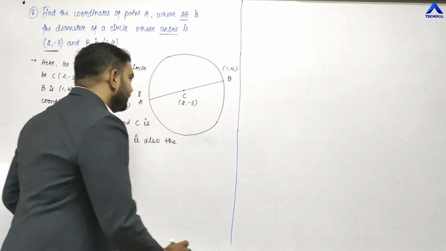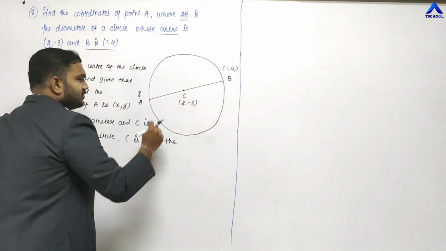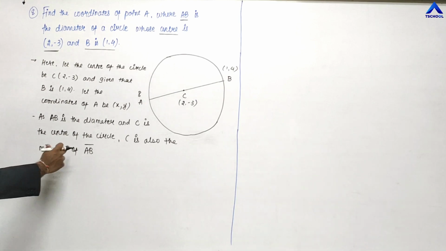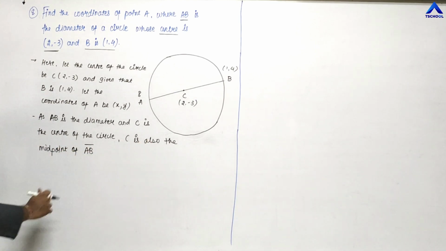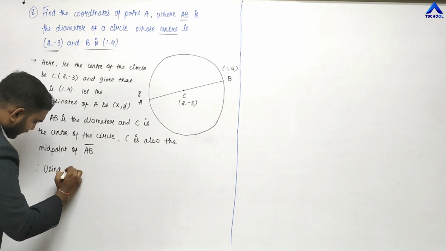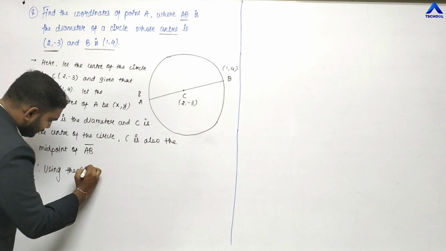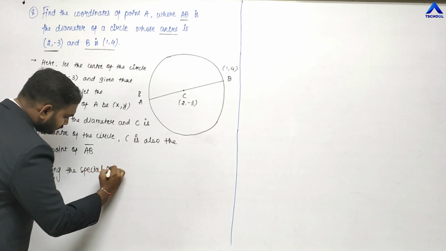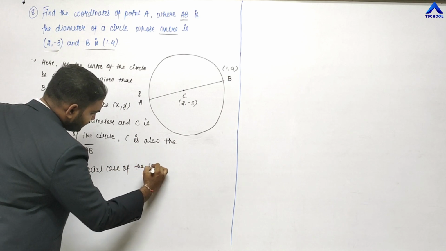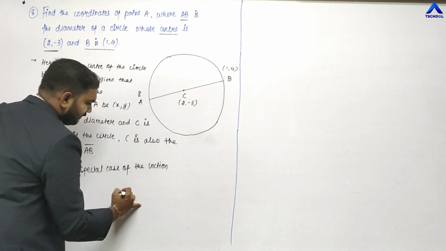So here we can say that CB is equal to radius and CA is also equal to radius, as AB is the diameter. So C is the midpoint of AB. Therefore, using the special case of the section formula,